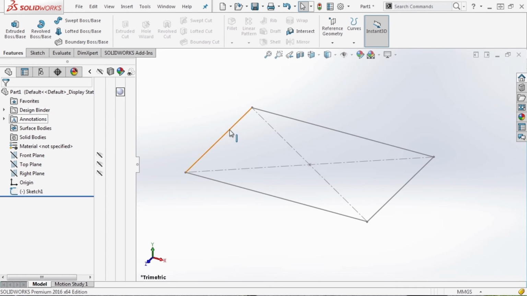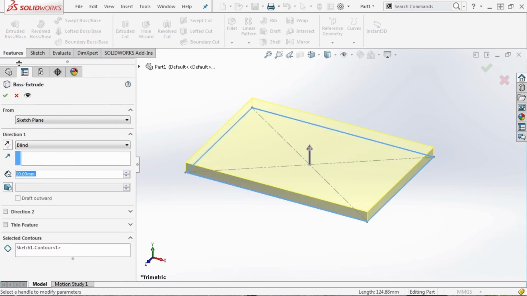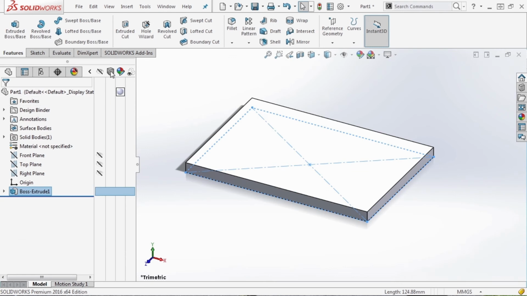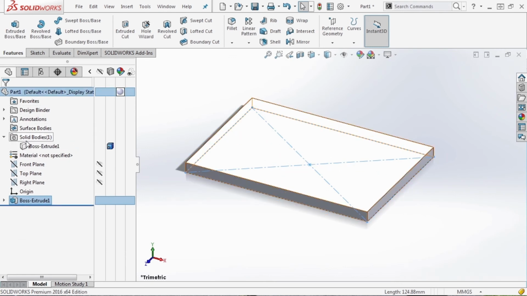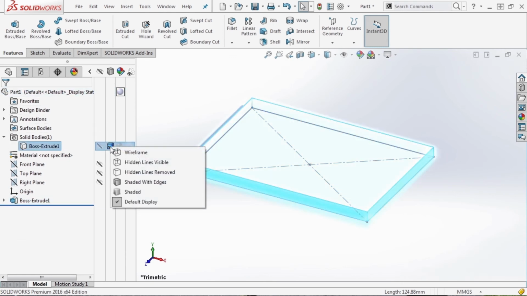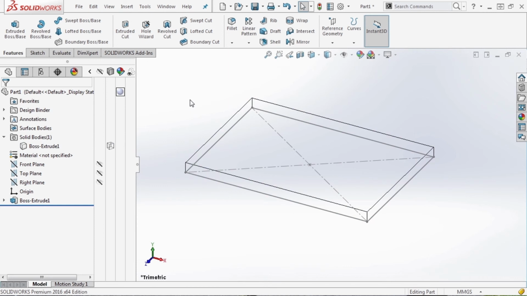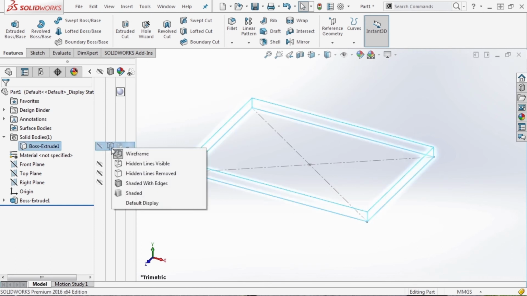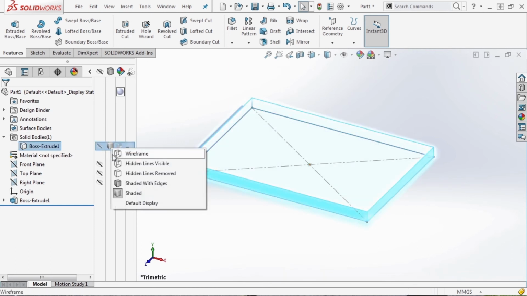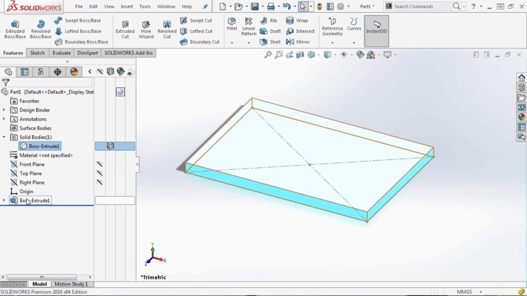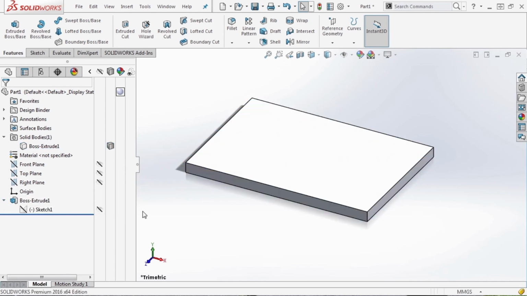The next one over only really makes sense when you start to have solid geometry. For instance, if we extrude this, now as we look in this column, we can do things like modify the appearance of a solid box. We can leave it as default, we can change it to shaded, we can do wireframe, we can do hidden lines. So these are great ways that we can modify how things look to us. So we're going to go ahead and leave this as shaded with edges. We'll expand this and we'll make sure that our sketch is